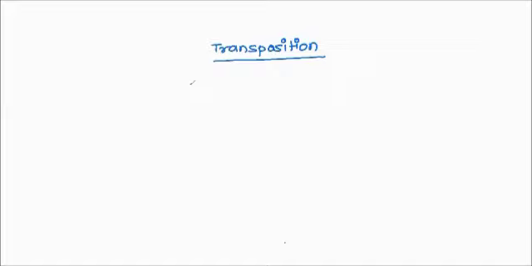For example, let's take the same example which we had, 3x plus 2 is equal to 11. Here plus 2 is free. In our cancellation method, we cancelled plus 2 by doing minus 2: 3x plus 2 minus 2. Instead of that, we are going to move this plus 2 to this side. So we are going to do transfer.